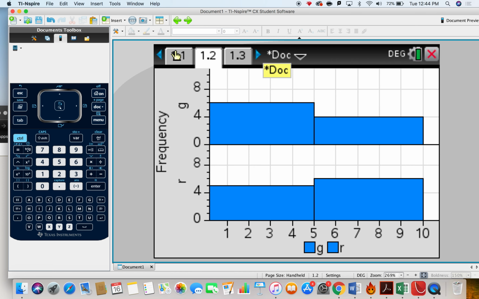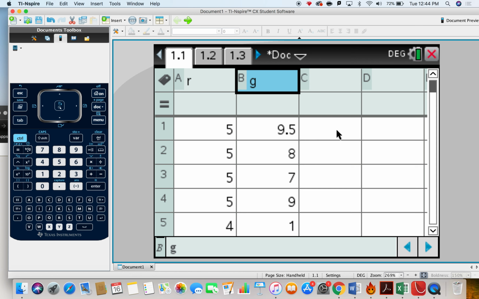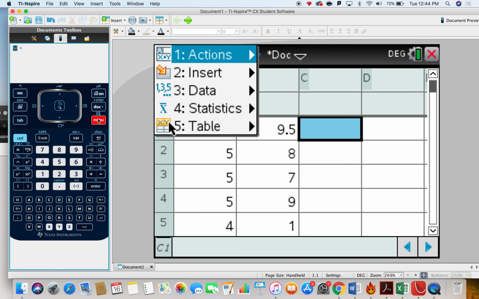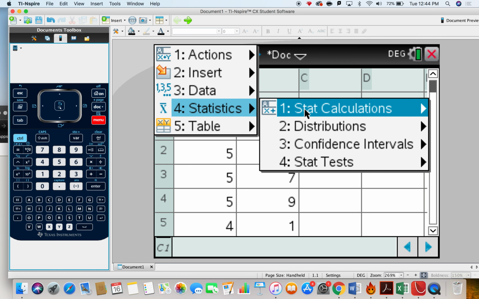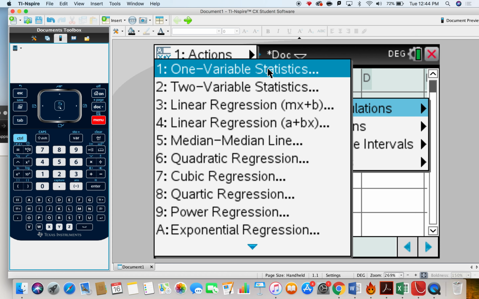But now we're going to go back to the spreadsheet, and I'm going to click on C1, and now I'm going to use the calculating functions to work out the mean, the median, the lower quartile, the upper quartile. Okay? And then we could produce this table quite easily and draw by hand a box plot. Menu,